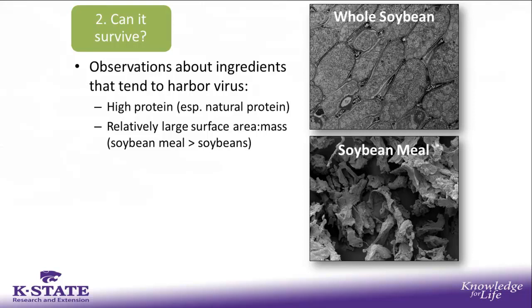As you can see, there's a much greater surface area within the soybean meal, which we believe allows, whether through exposure of proteins or specific amino acids, the virus particles to gravitate and stay attached to those various particles much better when they have a greater surface area. We also believe that porcine-based ingredients do tend to harbor various viruses better than non-porcine-based ingredients, as well as those